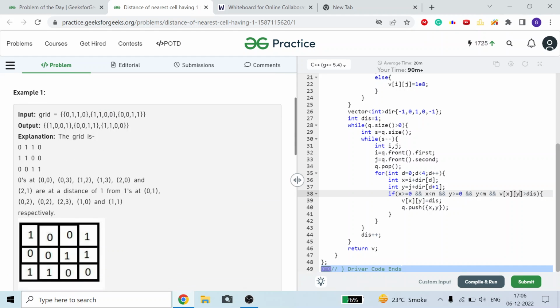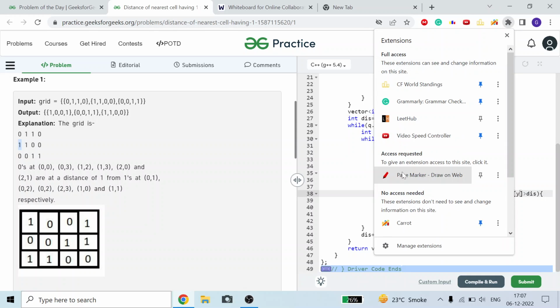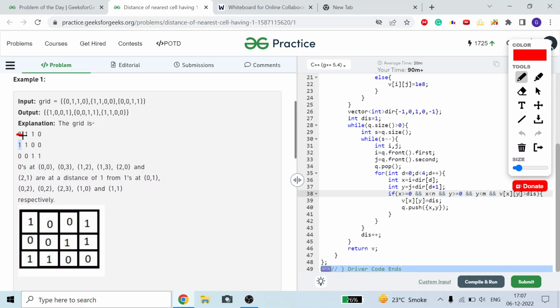Okay guys, here we can see this is the binary grid given to me. Then for this 0, the nearest one is this one and this one. Just a minute, I will use the marker. So for this one we can take either this or this, both are at distance one. Similarly for this one, it already contains one, so the distance will become 0, here 1, again 0. Now for this one we have this one, and for these zeros, this one, this one, this one. So this is how the output grid will look.